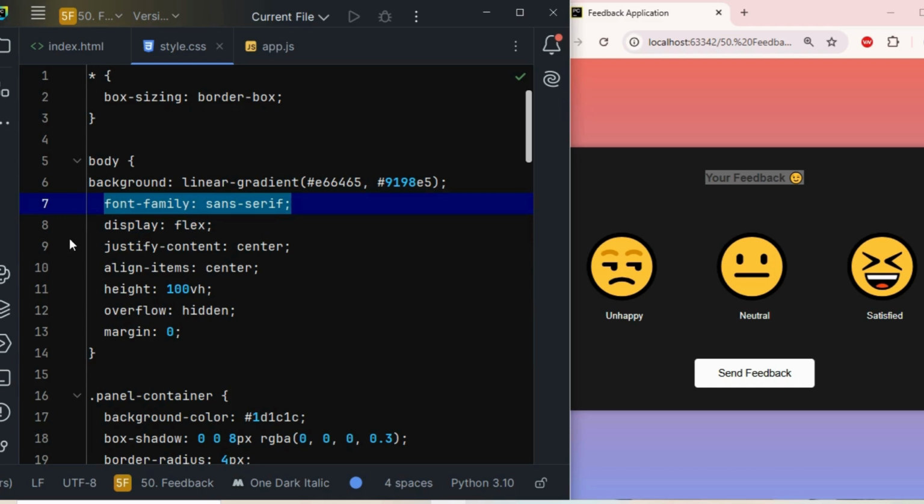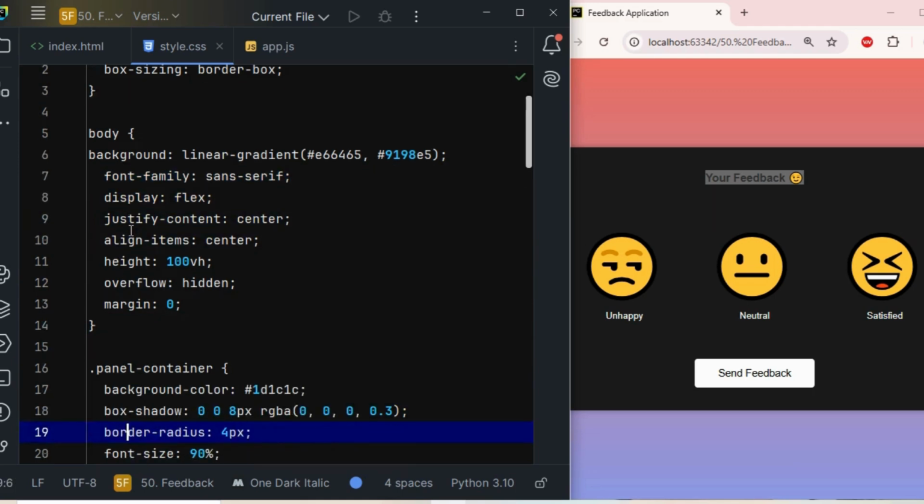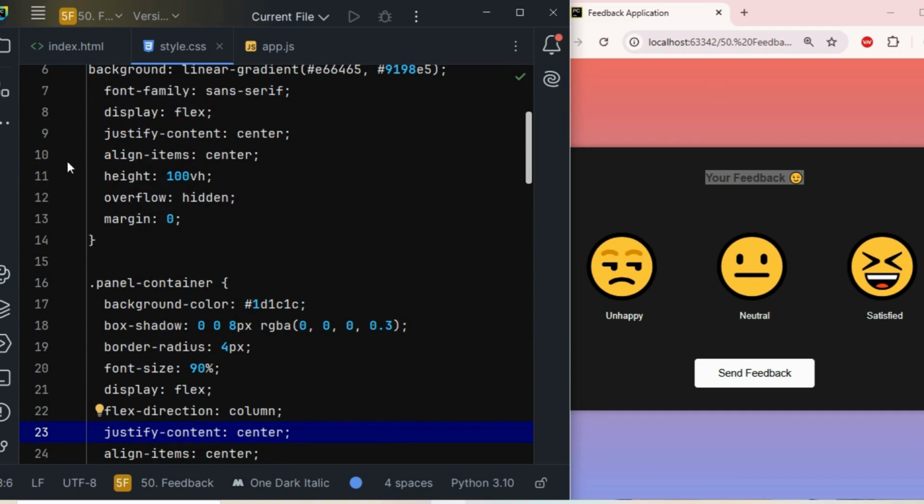Font family is sans-serif. Display is flex for this browser, and justify-content I want to center in the browser, so I write center. Then align-items, I want to center in the browser, so just write the center value for the